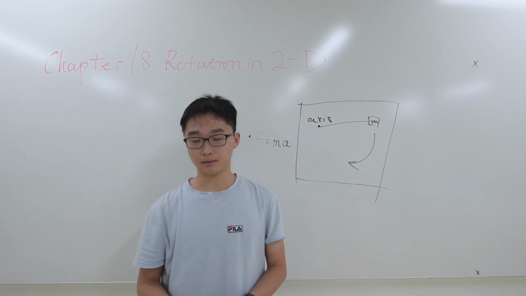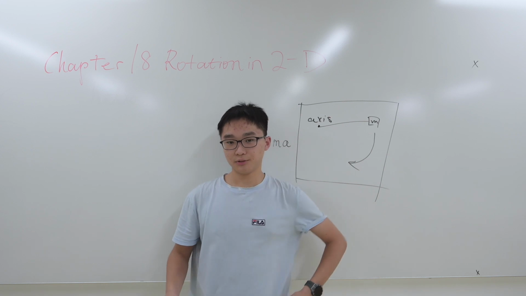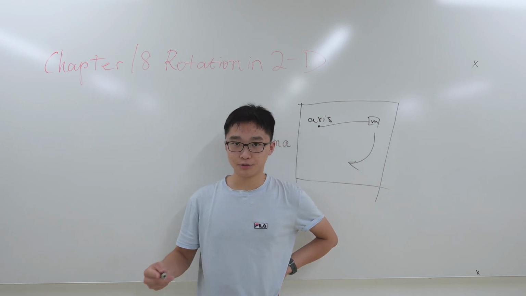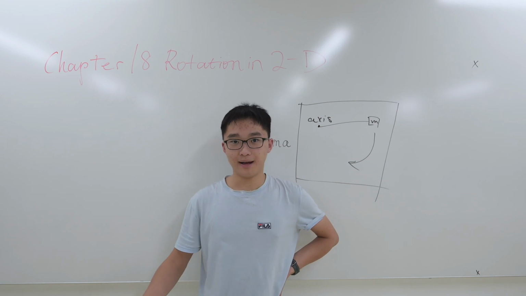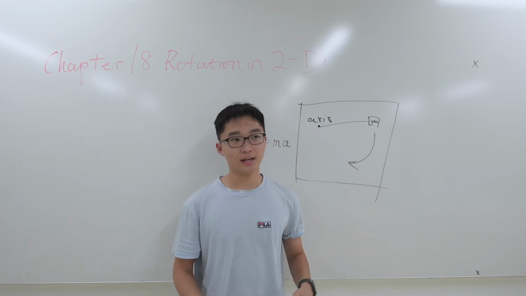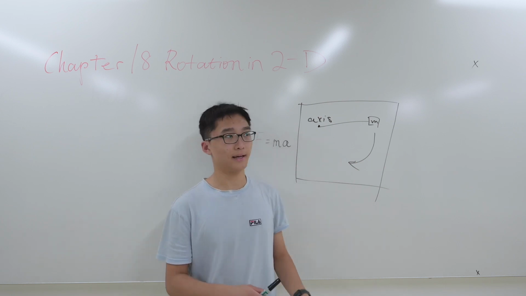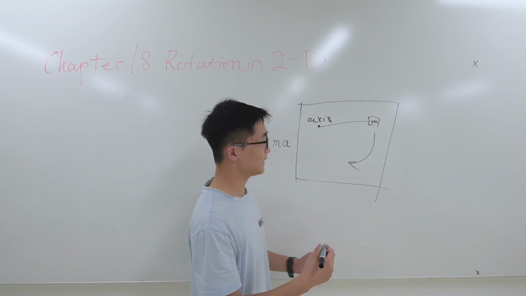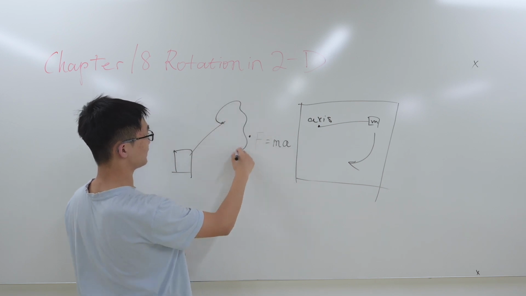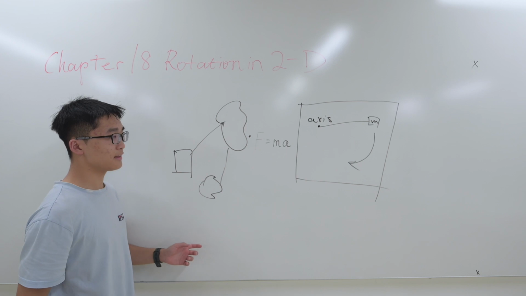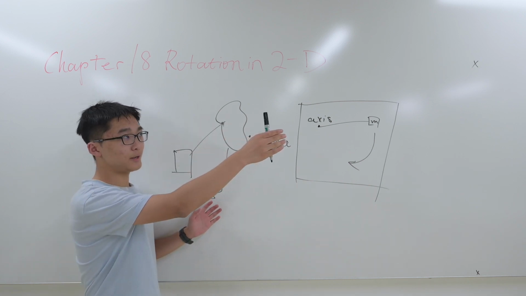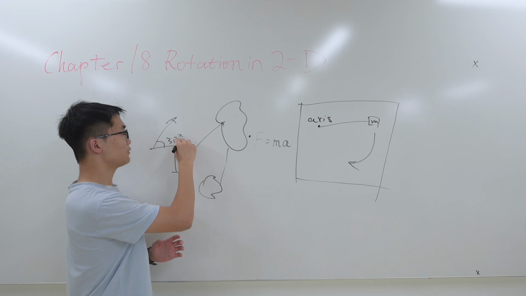So next we will talk about the center of mass. First, I will give you a phenomenon, and then from that phenomenon, I will introduce you to why we need center of mass and why center of mass is so essential in physics. Just imagine if you have a bunch of objects connected by a string. You have like a block, you have a spoke, whatever thing, and they're all connected. And then if you throw this thing in the air, in a certain direction, let's just say about 30 degrees,